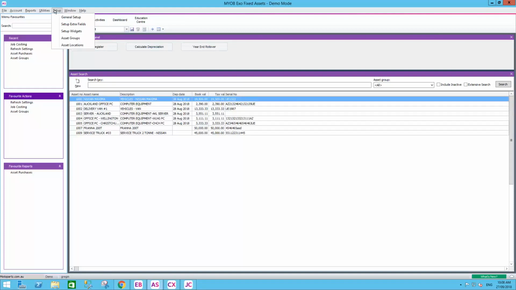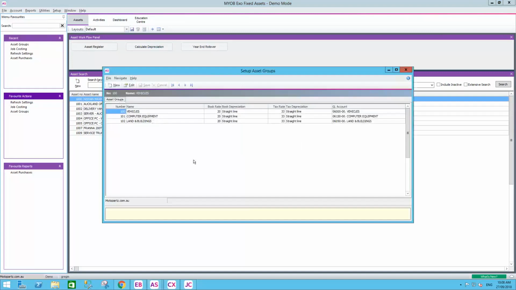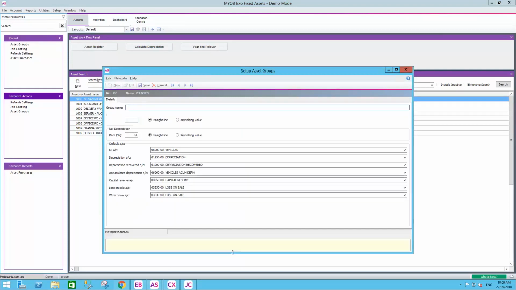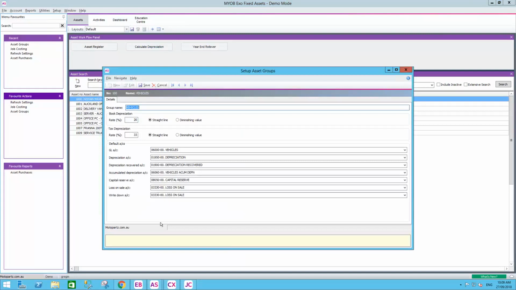So when we're configuring the asset module, there's a couple of key things that we're doing. One is setting up asset groups. There are some common examples here: vehicles, computer equipment, land and buildings, and you can have as many or as few as you like. An asset group enables you to set up defaults so that when a new asset is created within that group, it will inherit the right settings. So for example,